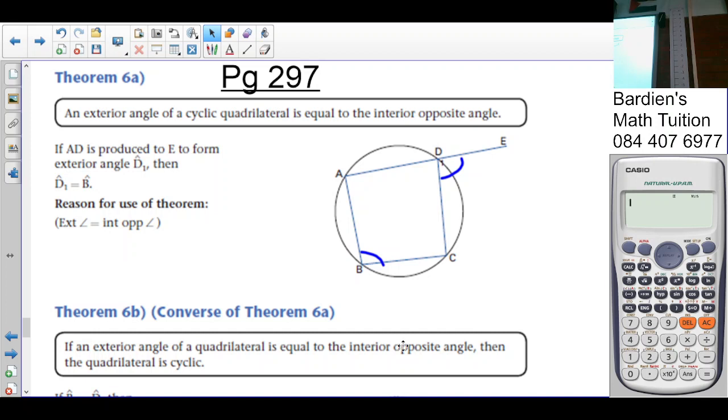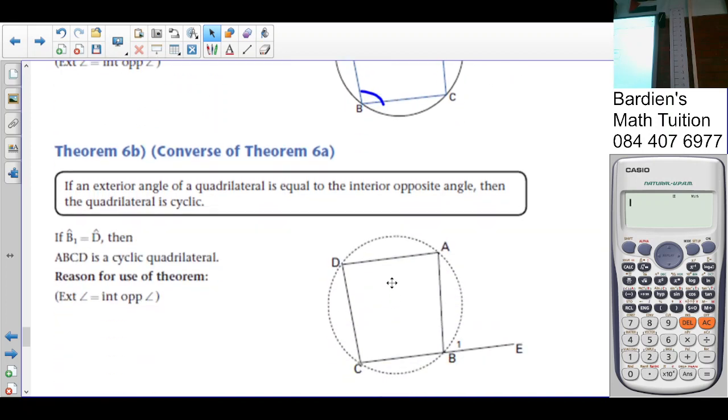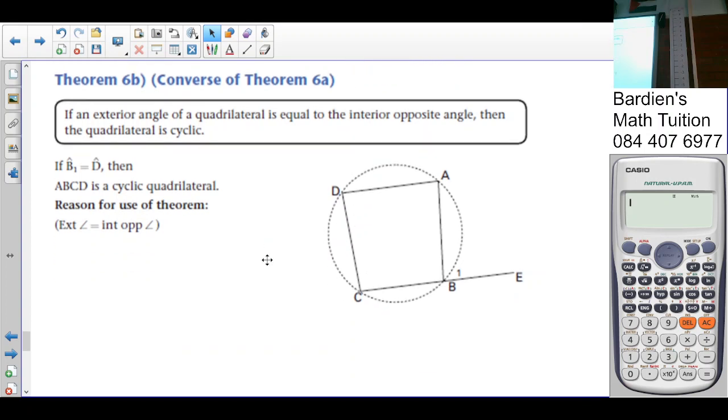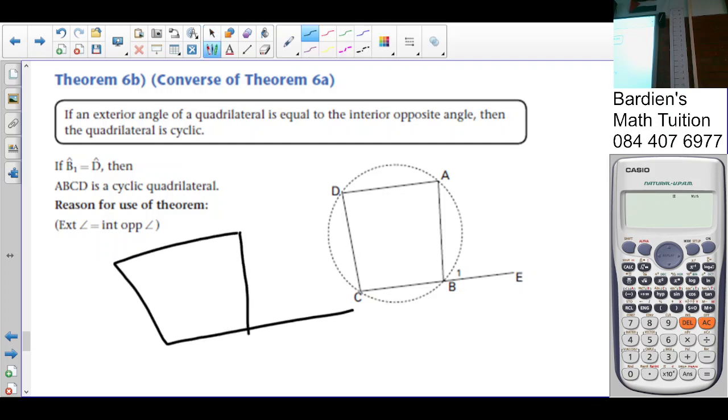Okay. Theorem 6b. We are told the converse of theorem 6a. If the exterior angle of a quad is equal to the interior opposite. So in other words, what you have now is a quad. You've got D, A, C, B and E. This is what you're supposed to see first. Okay? If B1 is equal to angle D,